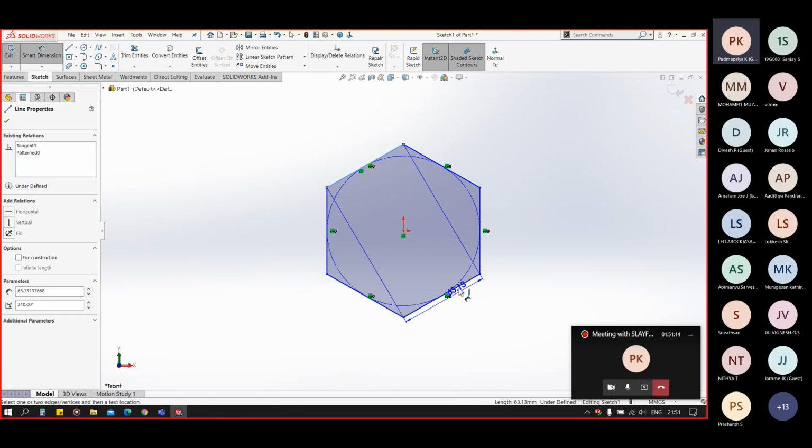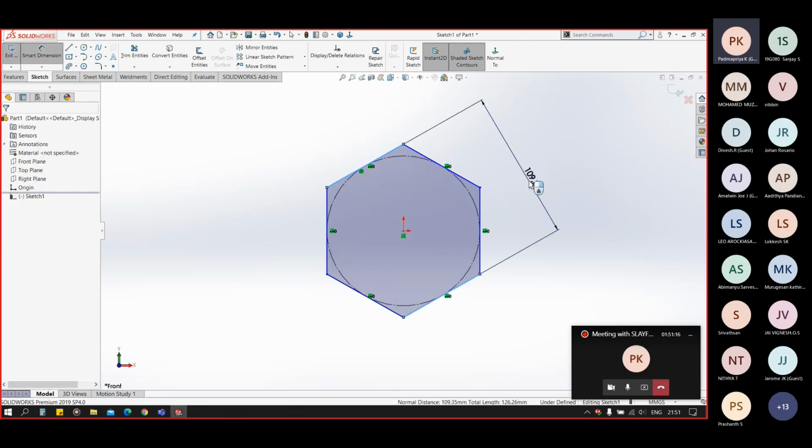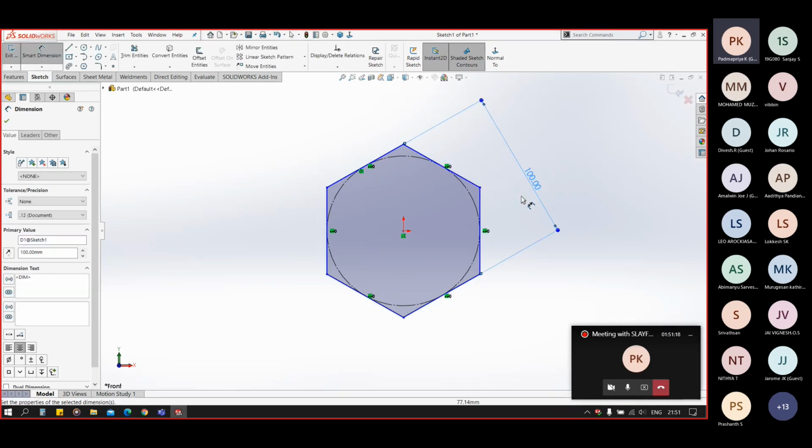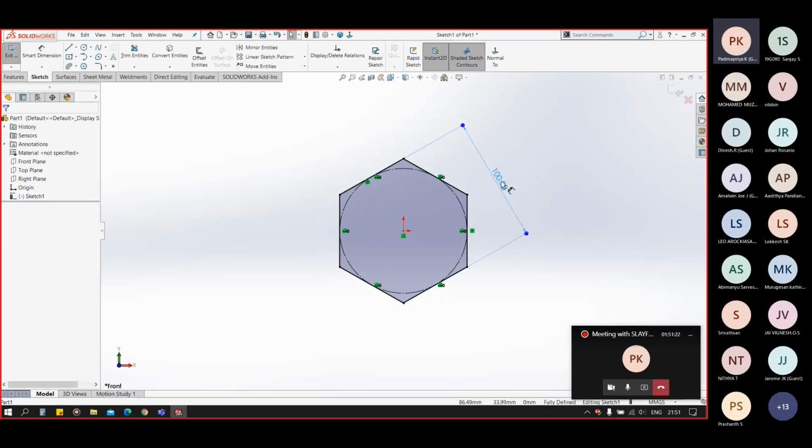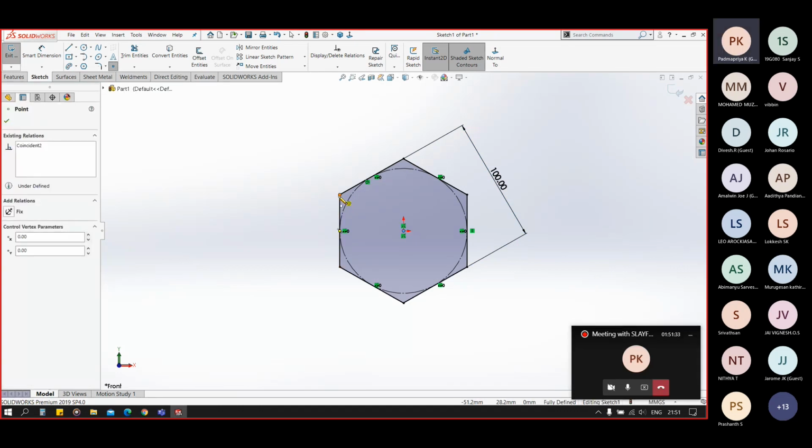I am making that perfectly constrained. So you can see the hexagon is perfectly constrained now. Now for our location points, for the alignment, I have to add some points at each point and each midpoint.